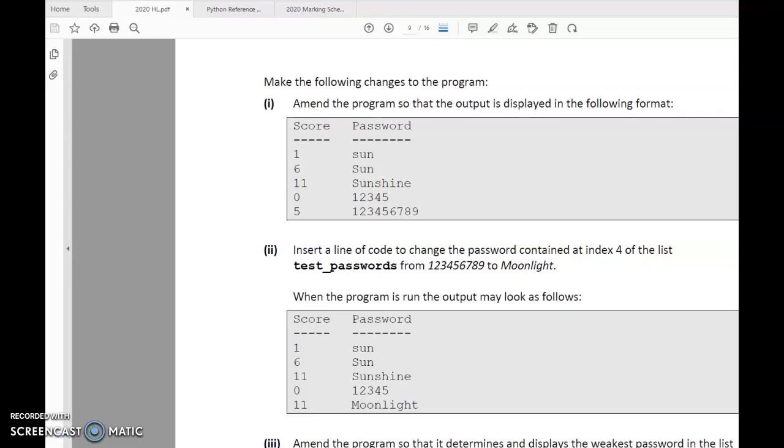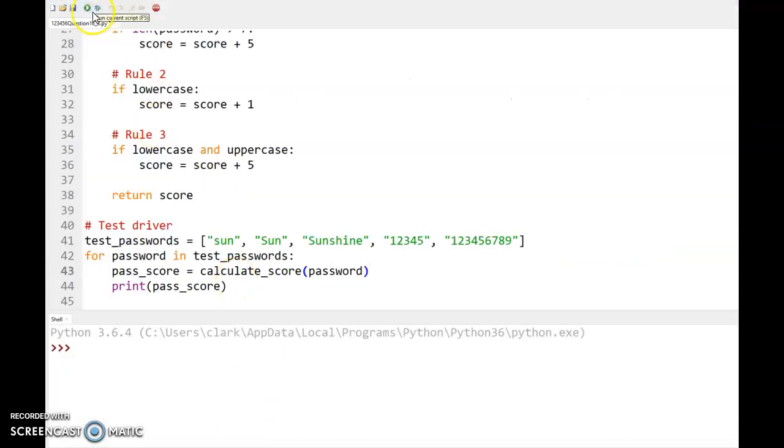So 16b part 1, make the following changes to the program. And what we've got here is we've got this kind of different output here. So we've got to amend the program so that the output is displayed in the following format. So if we look currently at what it displays, so if we run this, we can see we just get